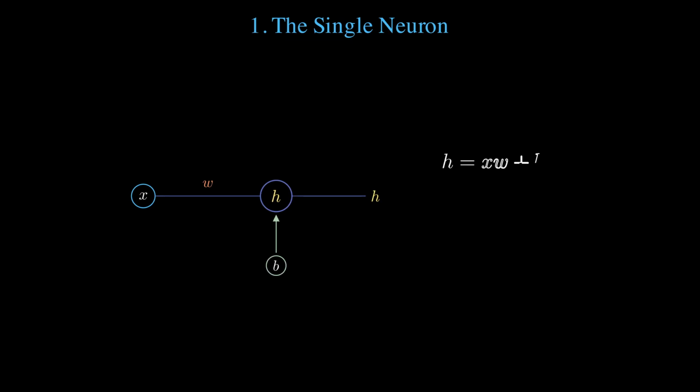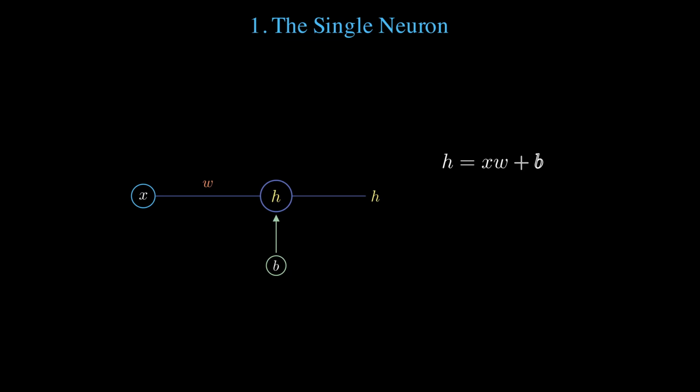It all starts with the smallest piece, one neuron. A neuron takes in a value, does something simple to it, and passes it forward. But what does it do? It multiplies the input by a number called a weight and adds another number called a bias, which we can represent as this equation. You've seen this equation before. It's the equation of a line, or an affine function, where we have w as the slope that controls how much the input matters, and b as the y-intercept, which just shifts the output up or down regardless of what